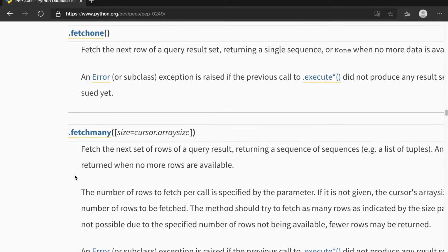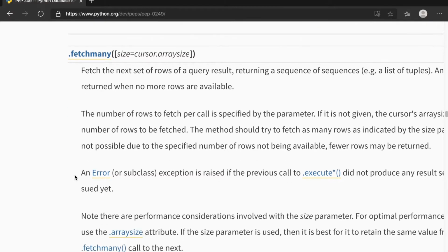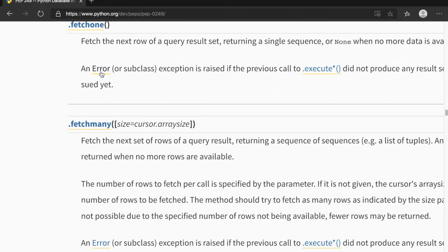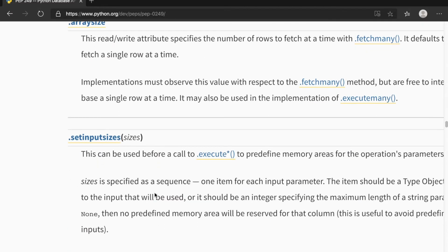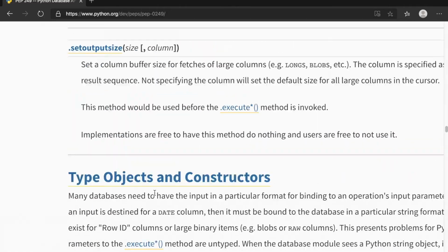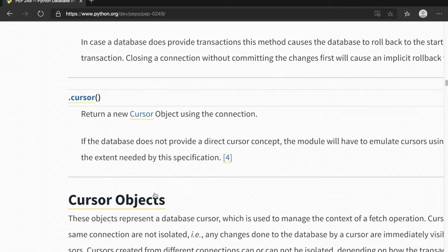I will tell you the differences between these three. We are going to see these differences between these functions with respect to the various database connections. Then you will understand very clearly. But in one word, fetchone means you are fetching one record, and fetchmany means you are defining the size, how many records you want to retrieve from the table. And fetchall, by default, retrieves all the rows from the table, so it's nothing but select star from the table. Okay, so there are different functions, but we are going to experience these functions using various database programming. In the next videos I will explain each database and how this is going to be useful.